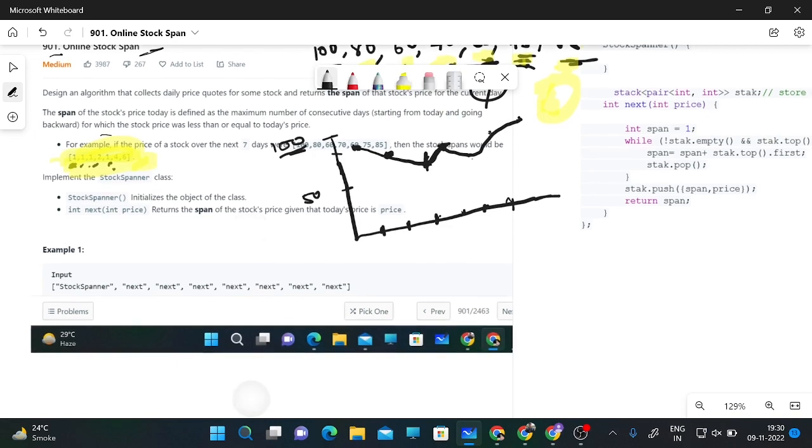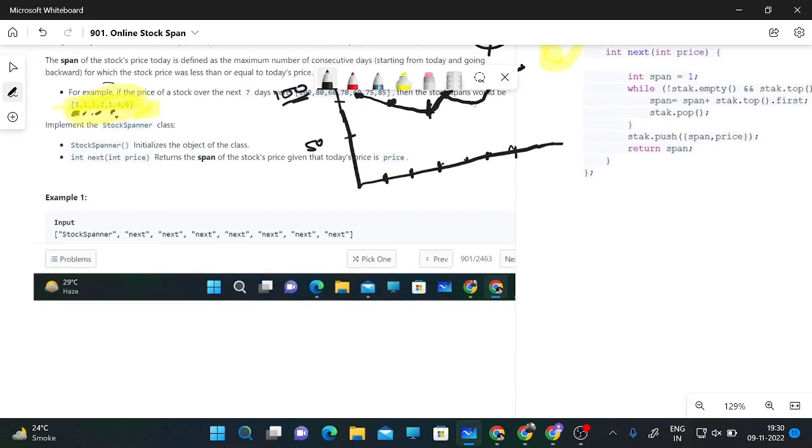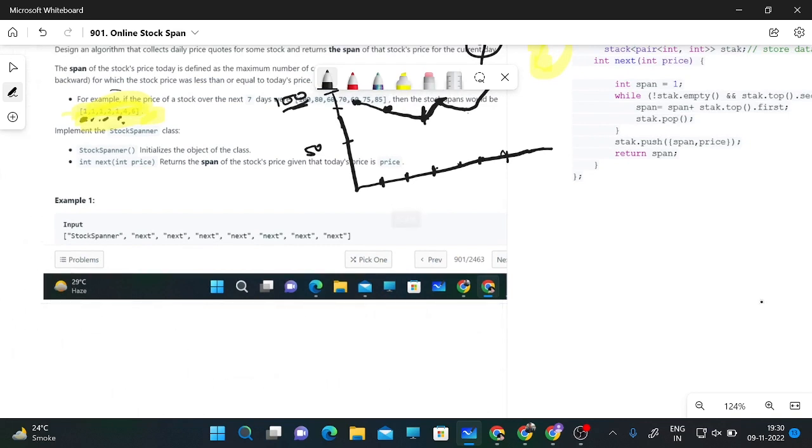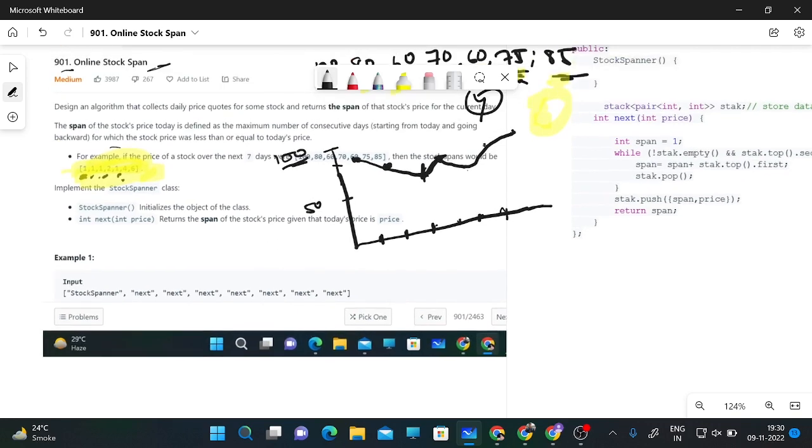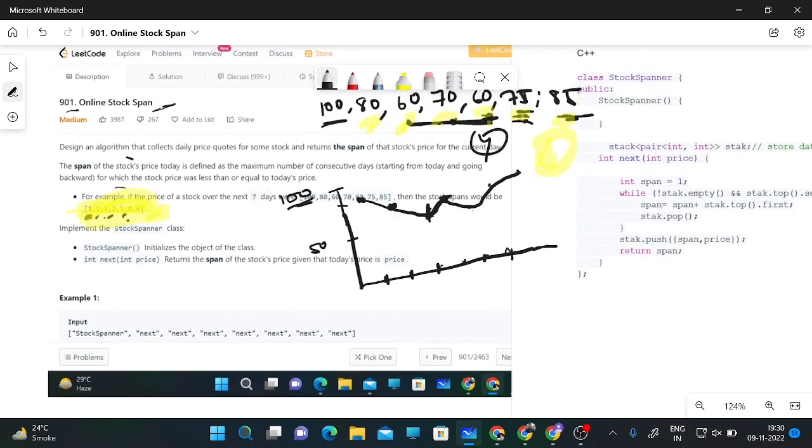now I will explain the solution part. In our solution we will do one thing: we will make a graph, you can say graph, or we will make a stack. We will put values in a stack in decreasing order. Why are we storing it in a stack? Because first we need to make an algorithm